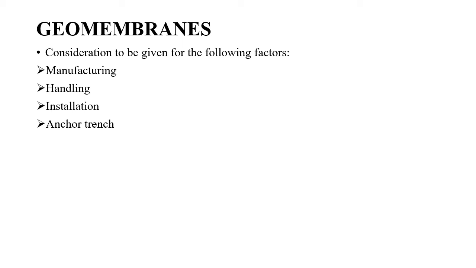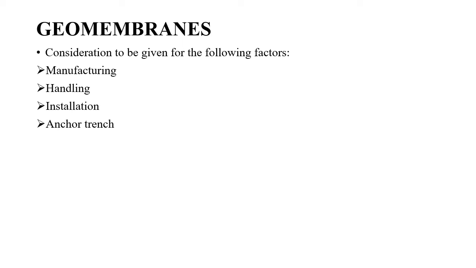So the correct geomembrane layout plan, and then the seam preparation. See here, these materials are available as sheets. Different sheets will be laid out in your site, and then these individual sheets have to be seamed together. You have to stitch them together at the site. So the procedure to be followed for this seaming should be listed carefully, and the methods used for seaming have to be listed. Then the detailed procedures for repairing and documenting construction defects.